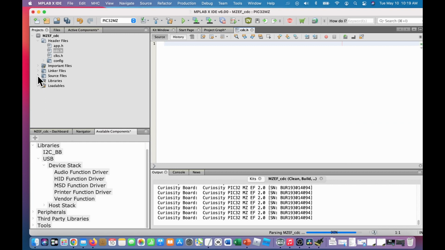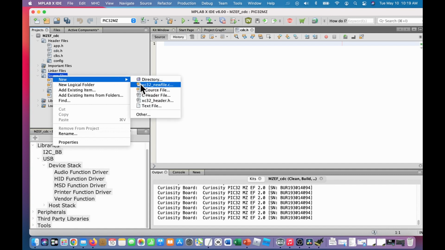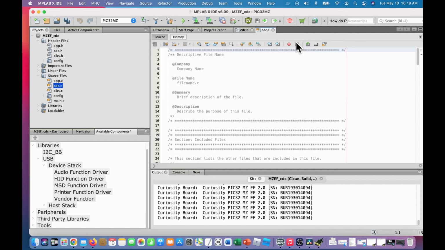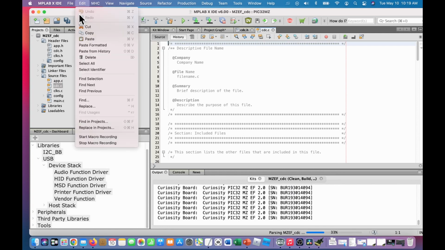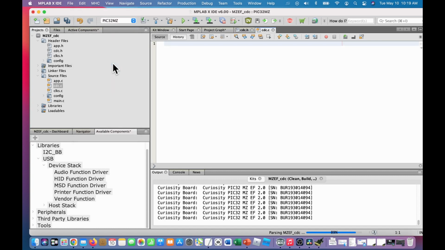Do the same for the source file. Create a new source file. Name it CDC. Oops. Select all. Delete it. Now we have 2 blank files